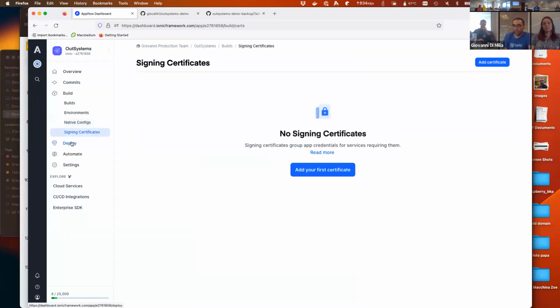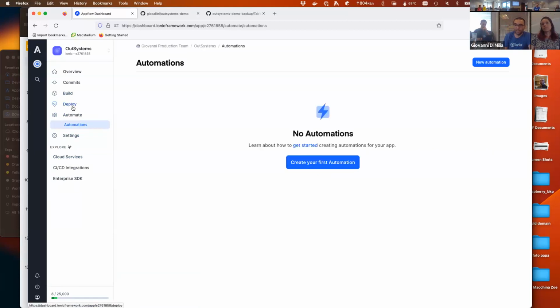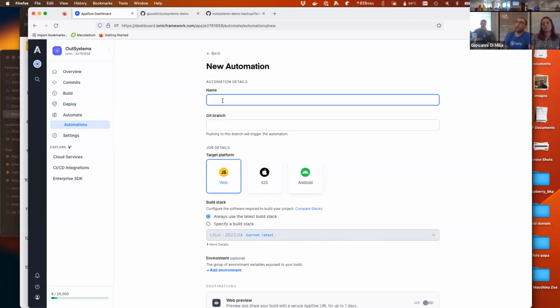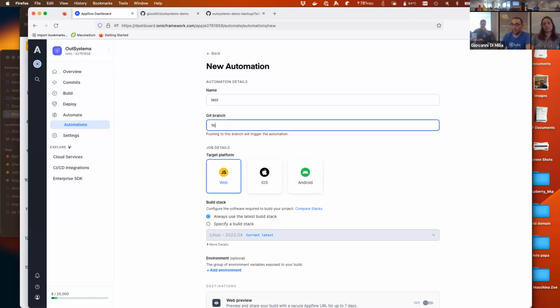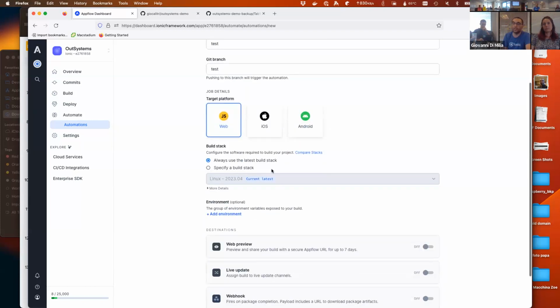Here we already saw this, and then the automation is the deploy part. We'll see this later. The automation is, let's say you want, every time you push code to a certain branch, to build another version of the app. You want to automatically build the code, so you can specify a specific branch, and then the kind of build you want to do, and you want always to be on the latest build stack.